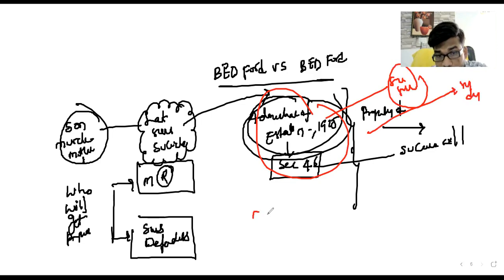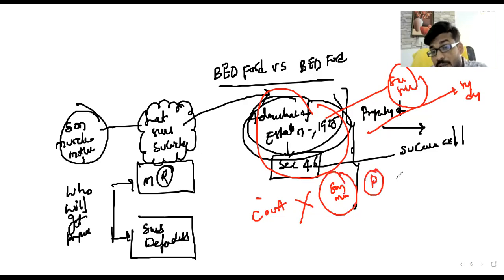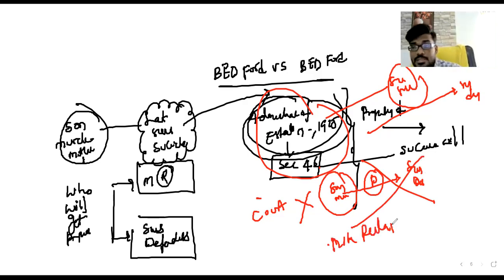But what did the court hold? The court gave a decision: no, it is not the son's dependents. Why? Because the son murdered the mother for what purpose? For property purpose. The property would be enjoyed by the son's dependents. That is the reason why in this scenario the property cannot move to the son's successors. Property can move to the mother's relatives. The court will decide. Why? Because, sir, the literal meaning is an injustice, sir. This rule is an injustice. Why? Because the son murdered the mother again for what purpose? For property purpose. The property can transfer to the son's dependents.